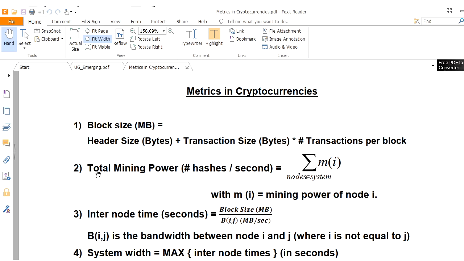Okay, that is the total mining power. If they have formed a mining pool, obviously the mining power will be more. So when the mining power is more, you must be in a position to increase the difficulty. Thereby, the puzzle will be somewhat complex.